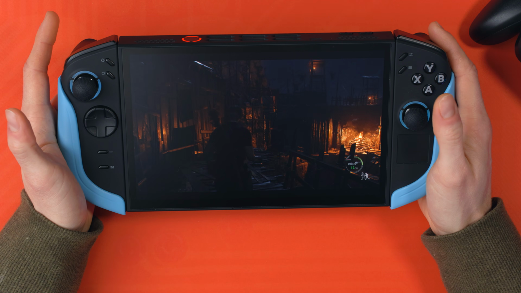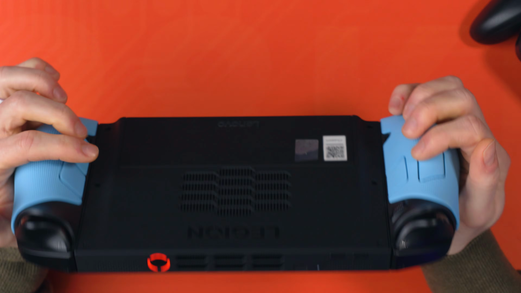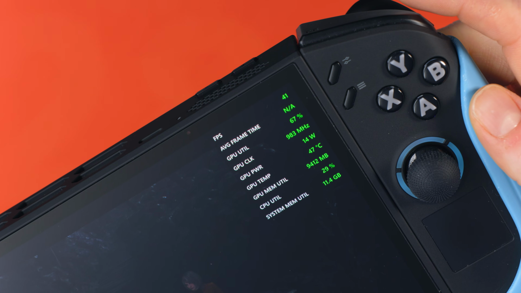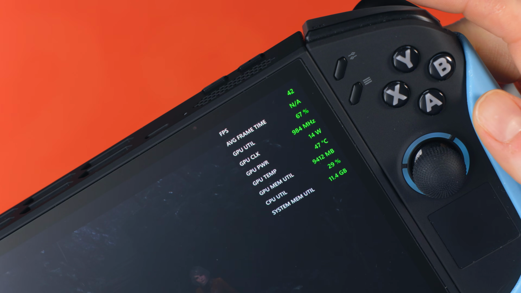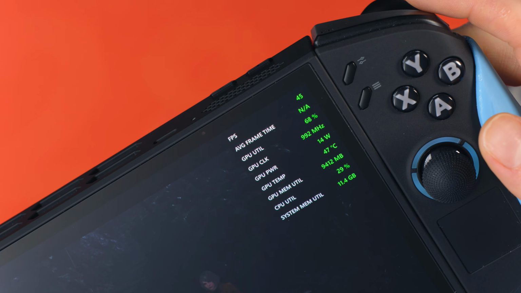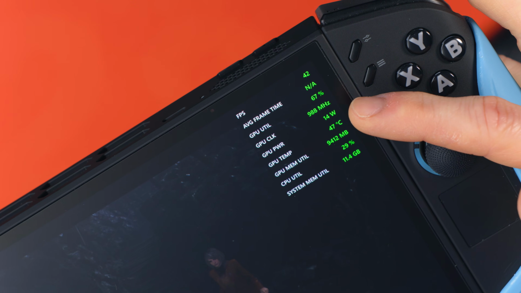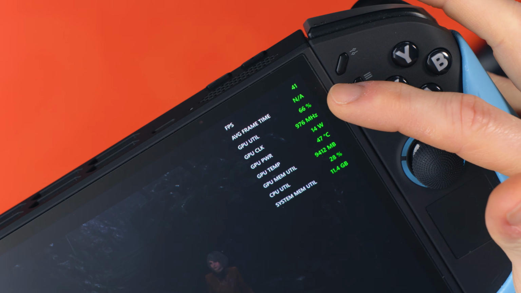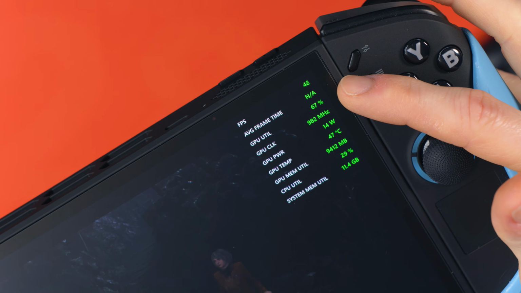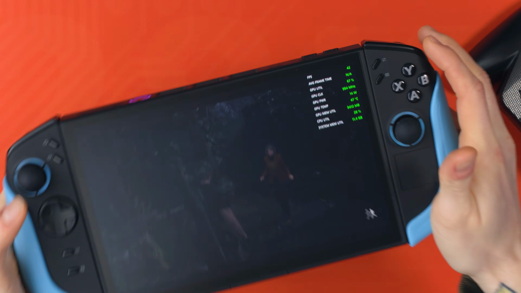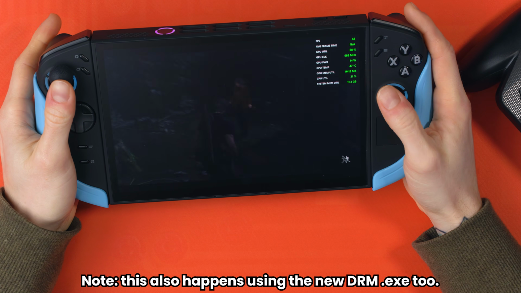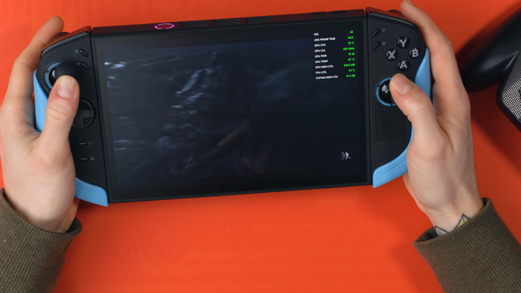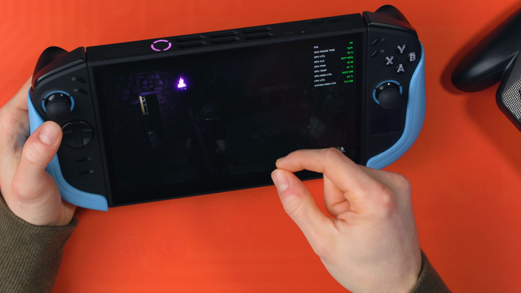But if I show you what the actual performance is running at, like I said, I've enabled the AMD overlay with this button, and you can see that we're getting around the 40s, sometimes it spikes up to 50s, but notice that the power is only 14 watts and the GPU utilization is only 66%. It caps out at 70%. It's really, really weird. But at 40 to 50 FPS, the game runs super smooth because of the VRR screen,